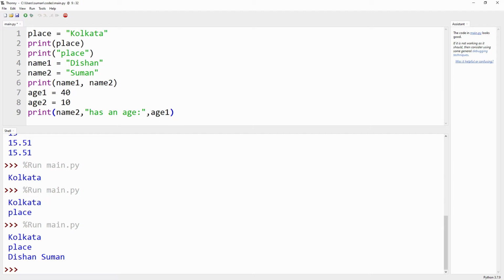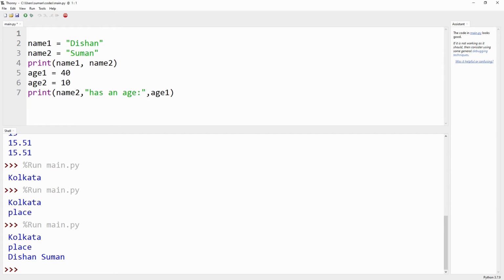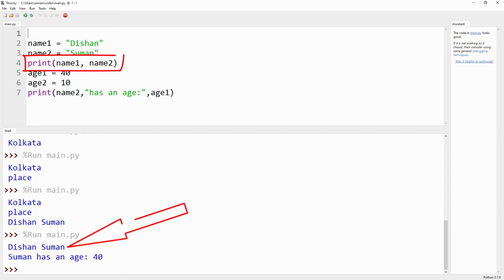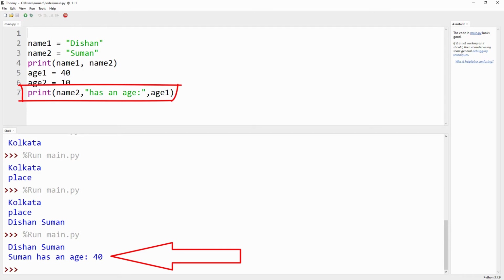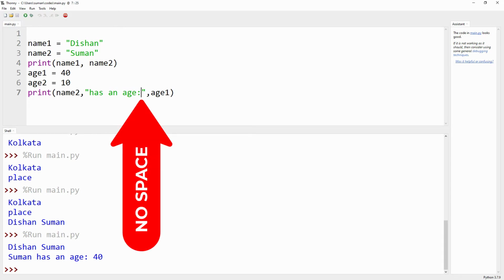Let's first remove these codes. Then we run the code. Here the first print is name1 comma name2, and here print name2 contains the value Shumon, "has an age:" then age. Now look at one thing. We have not introduced any space in between the statements. Okay.